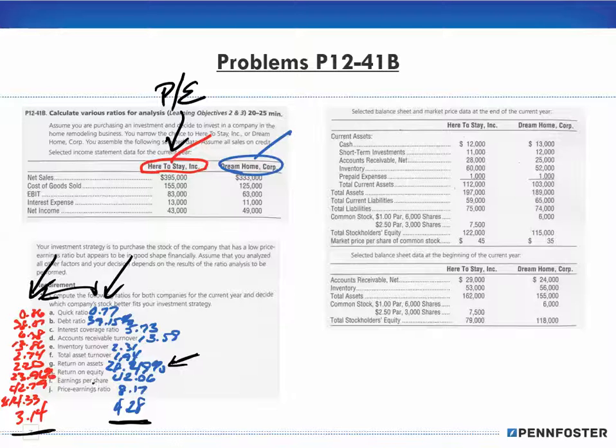The earnings per share is better for Here to Stay, and the price to earnings ratio is better. So for the most part, Here to Stay is doing a little bit better financially than Dream Home, and based upon the PE ratio and looking at the numbers themselves, I would have a tendency to want to invest in Here to Stay versus Dream Home. But the whole point here is that you can't look at just one number, and you have to